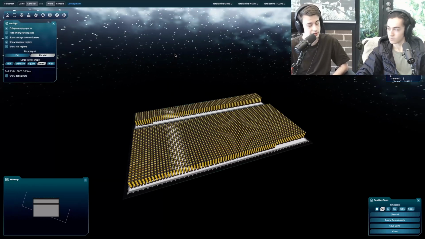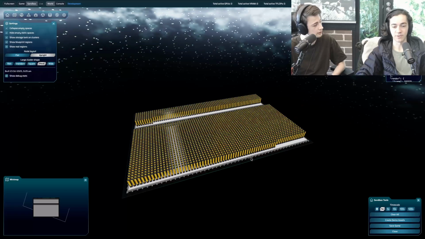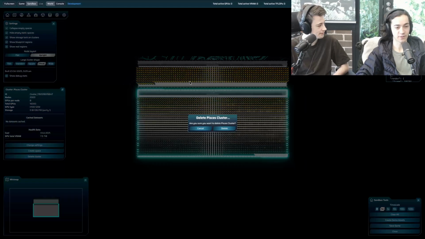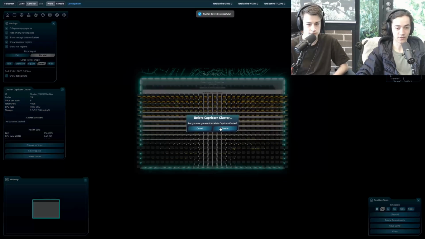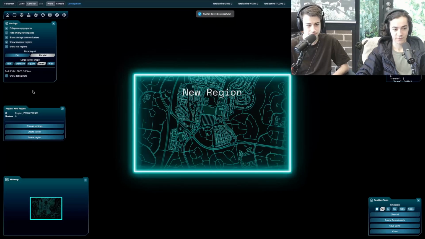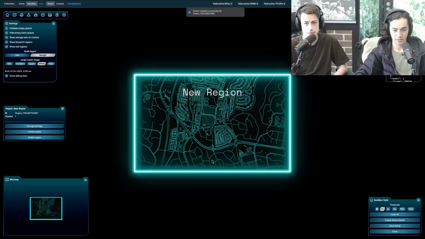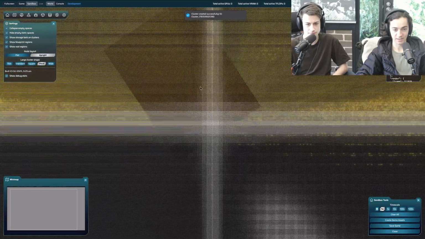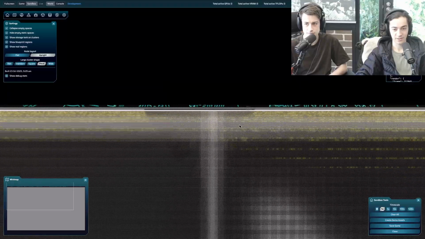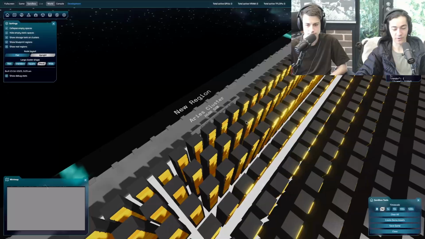I believe last time we tested, we had 1 million GPUs, 125,000 nodes, which I can sort of demonstrate here for you. Very, very carefully. Yeah, so we ran a test to see what the performance would be like at so many nodes. So that is 125,000 nodes with 1 million GPUs. And we are running at